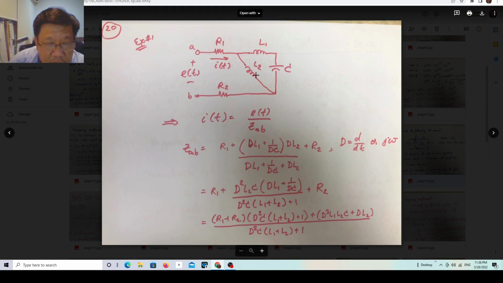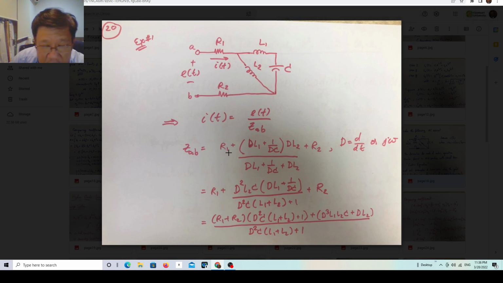Okay, this is the second part. The third part is that this first part is R1, the second part is this one, and the third part, all connected in series, is another resistor R2. So across terminal AB here, the impedance will be equal to R1, in series,